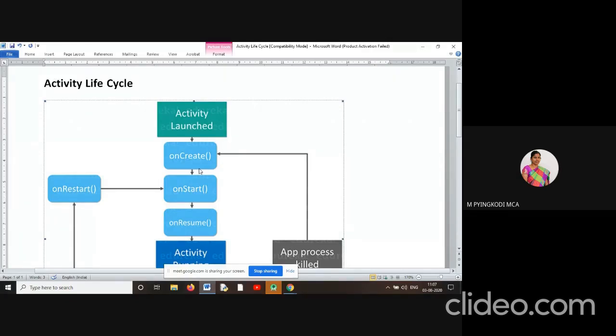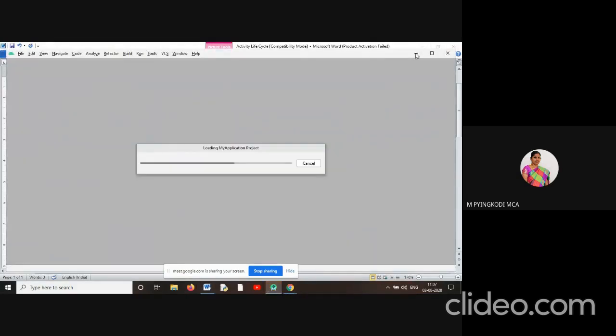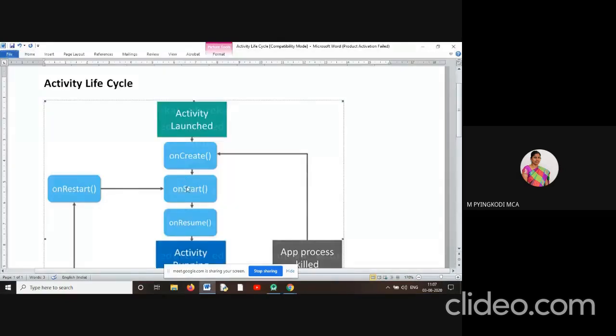Then the onCreate method starts to execute. So onCreate is called when an activity is clicked.